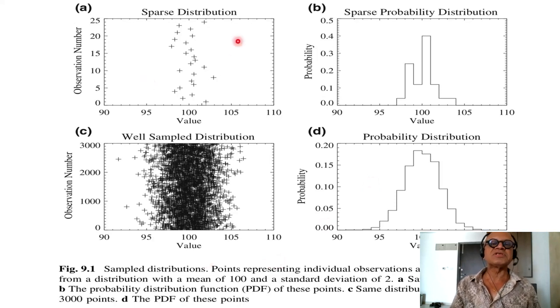So here are the examples. Sparse, so this is sampled distributions. Points representing individual observations are randomly sampled from a distribution with a mean of 100 and a standard deviation of 2. Sample with 25 points. The probability distribution function looks like this when you have such a sparse data distribution, and when you have a well sampled distribution, then the probability distribution function has a much nicer, well defined shape,